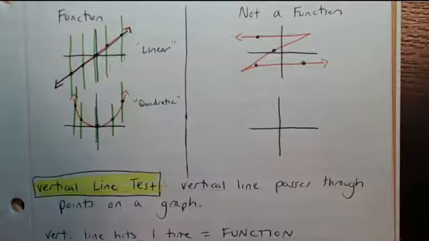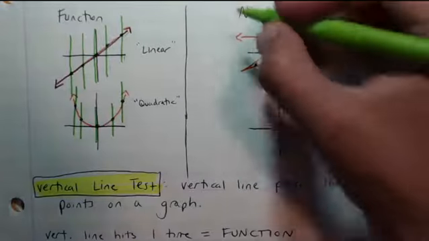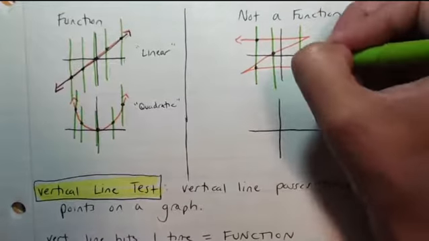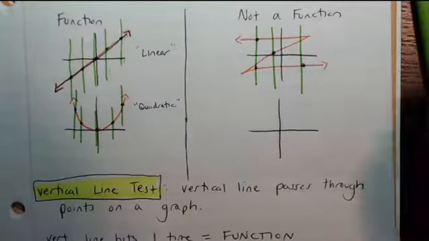Again, this is a type of function. I'm going to go ahead and draw a vertical line through each of those points. So here's one, here's another one, and here's another one. And if I add another point right here,